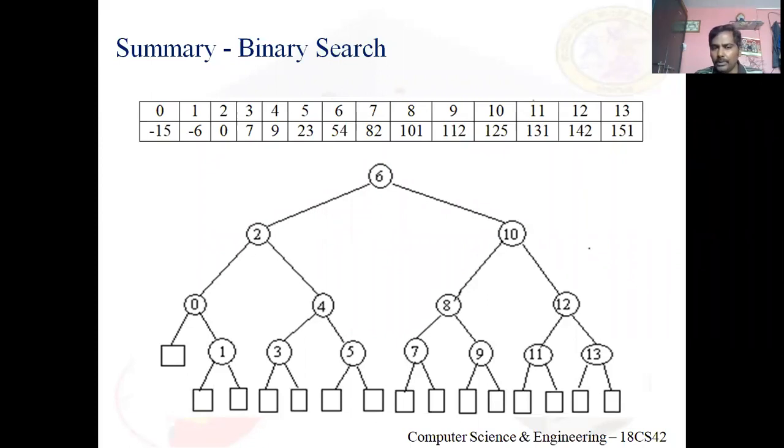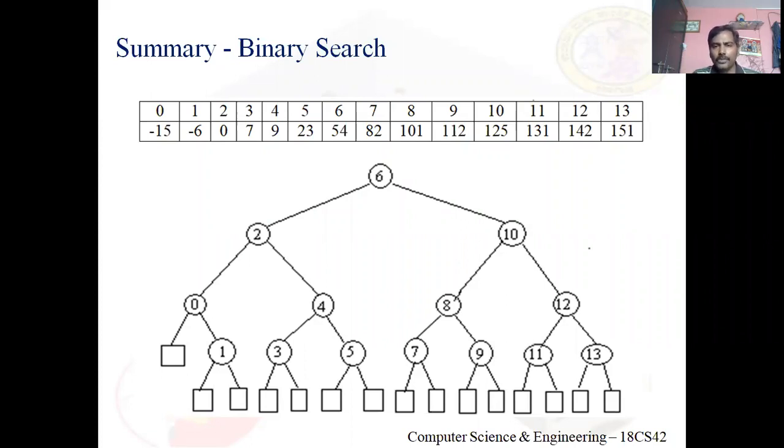I need to place node 1 such that it lies in between node 0 and node 2, correct? I feel circular node 1 is between node 0 and 2. Similarly, circular node 3 is between node 2 and 4. Similarly, circular node 5 is between 4 and 6. This means you need to construct the decision tree in this manner.